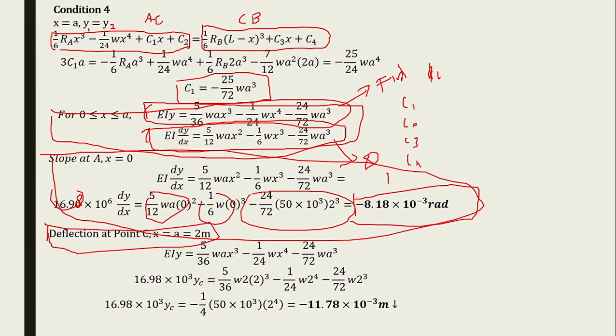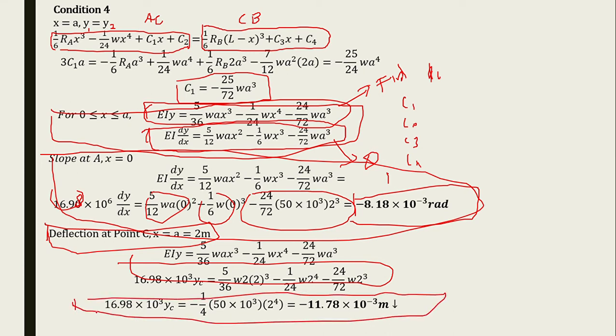Then we go to determining the deflection at point C when x equals a, which is 2 meters. We input the numbers and calculate. YC is the deflection at point C. When x equals a, we input this and calculate. Then the final deflection is